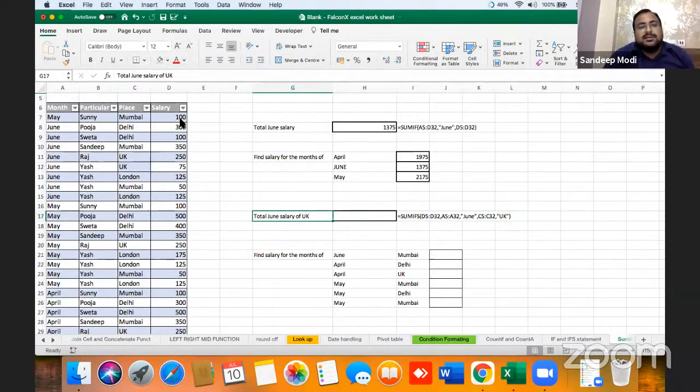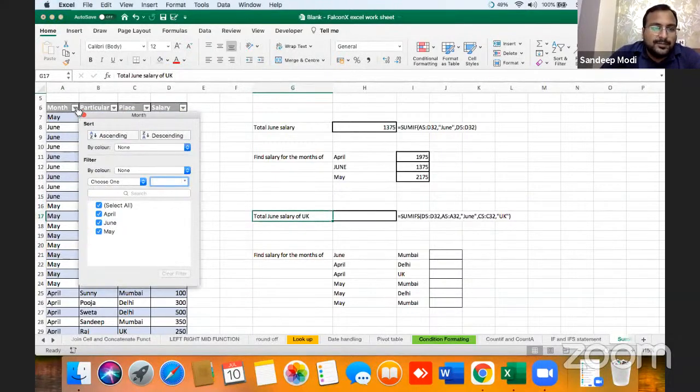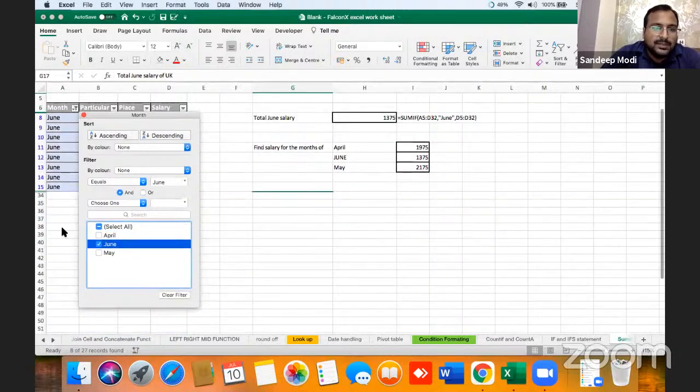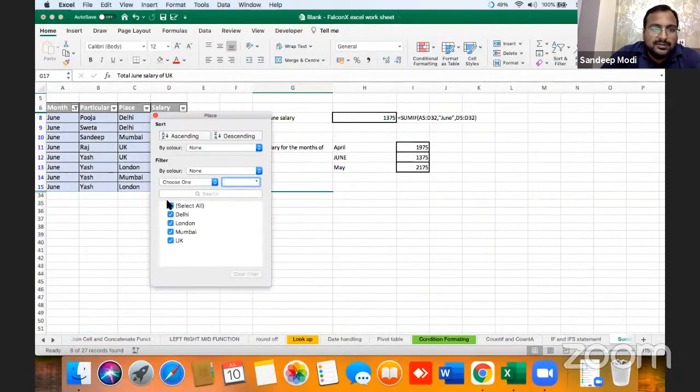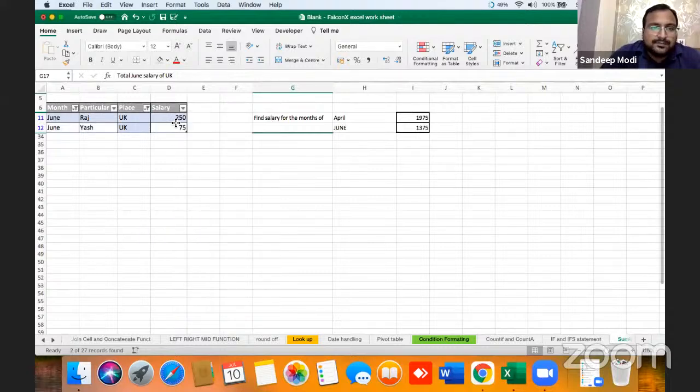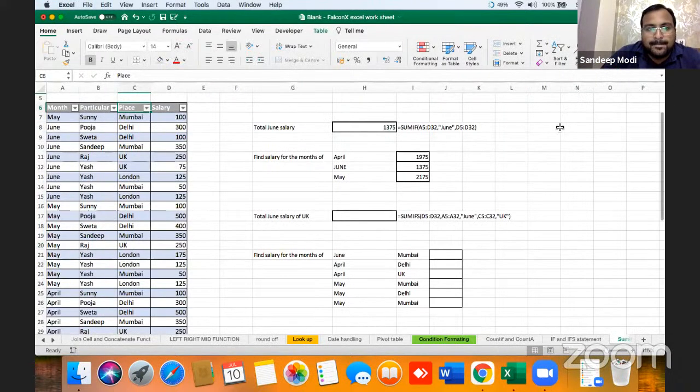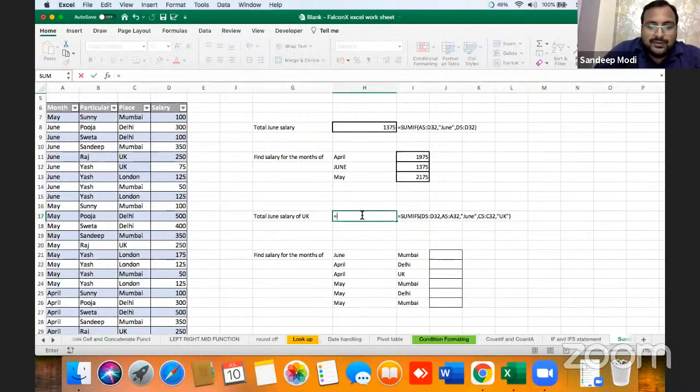Now let's put a double condition in SUMIF. Sum total June salary for UK. For example, here I want June salary for UK, which is 325. Now here we will use SUMIFS. This is my sum range.